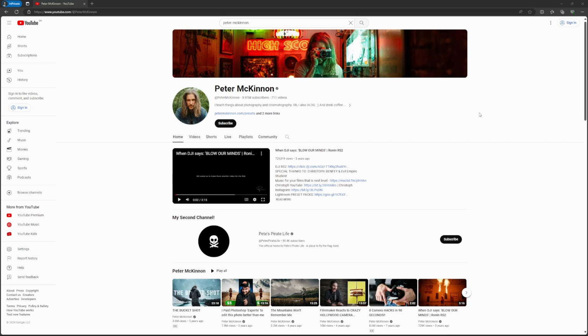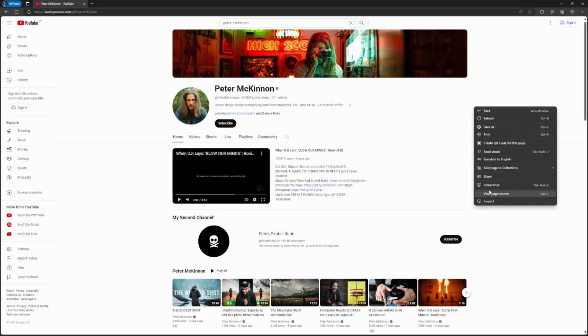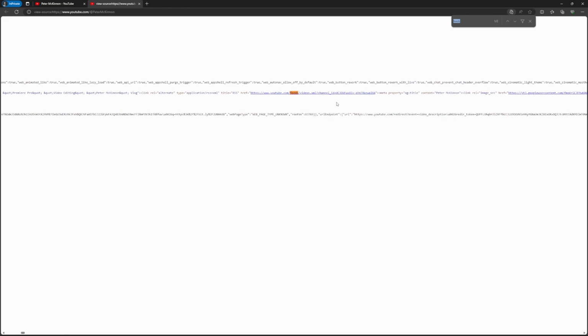The first step is to locate the RSS feed's URL, and we can find that by viewing the YouTube channel source and searching for feed. So go to the YouTube channel page, view page source, press Control F, and then search for feed. Here you have the RSS URL we have to use in the Power BI report as a data source. Copy it,